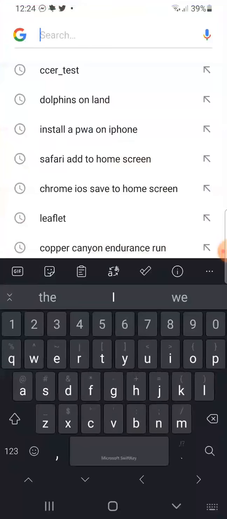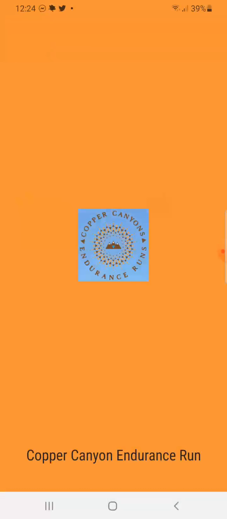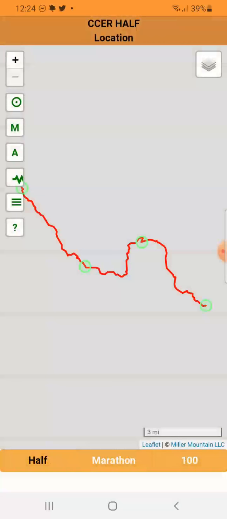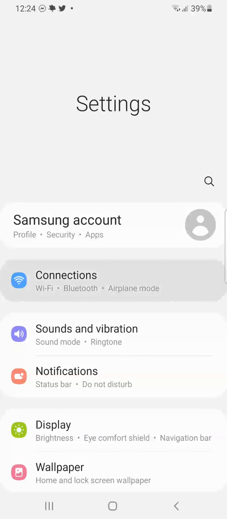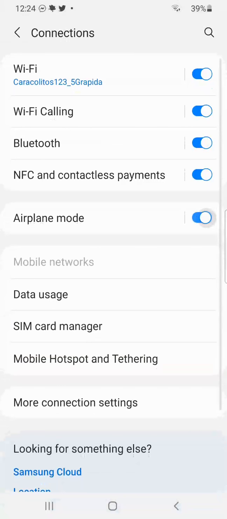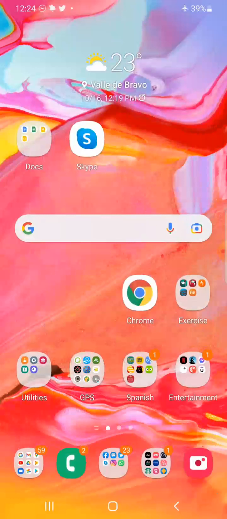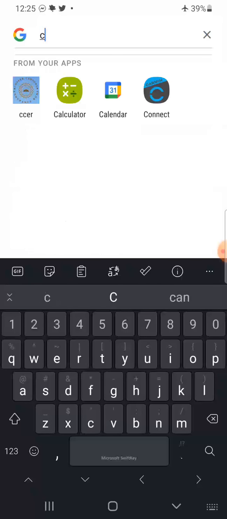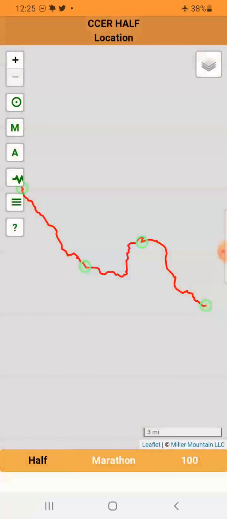And now if I search for Copper Canyon, I see we have it right there in my apps. If I click on it, it opens up in full screen mode and it'll work offline as well. I'm going to put my phone in airplane mode, so I no longer have an internet connection. It doesn't matter. If I look for my Copper Canyon app and click it, I still get access to the